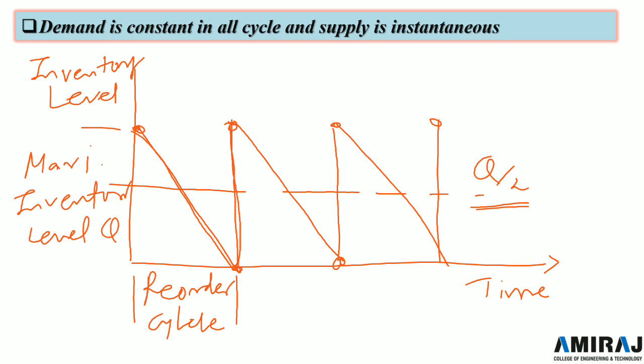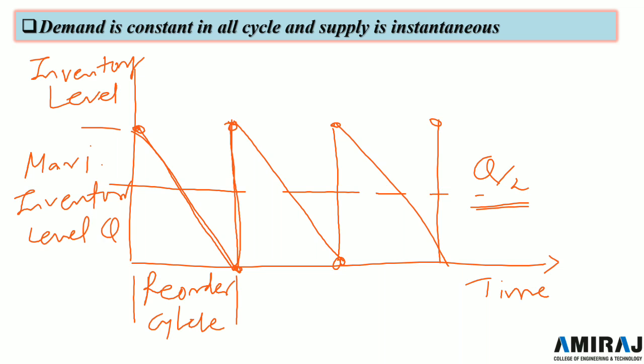Now here the demand is known and constant, no shortage is allowed, supply is instantaneous, replenishment of stock is instantaneous, lead time is 0, ordering cost and holding cost remain constant over the period of time, and the cost of the item is constant over the period of time. The inventory system pertains to a single item. So this is the very basic model of EOQ. Despite many unrealistic assumptions, this model helps in deriving subsequent models by removing some of the assumptions.